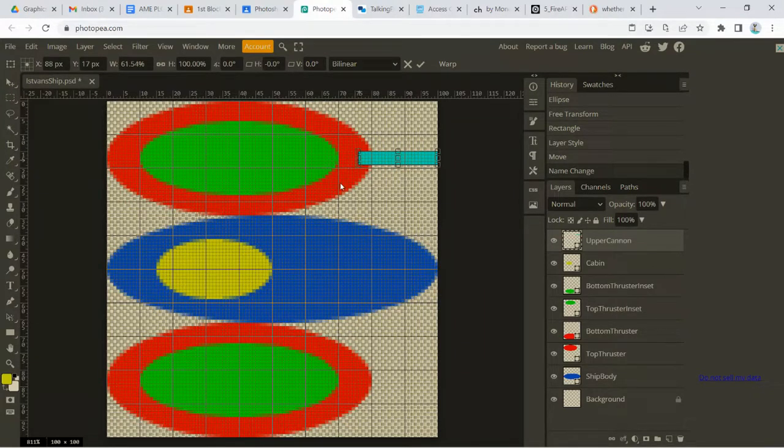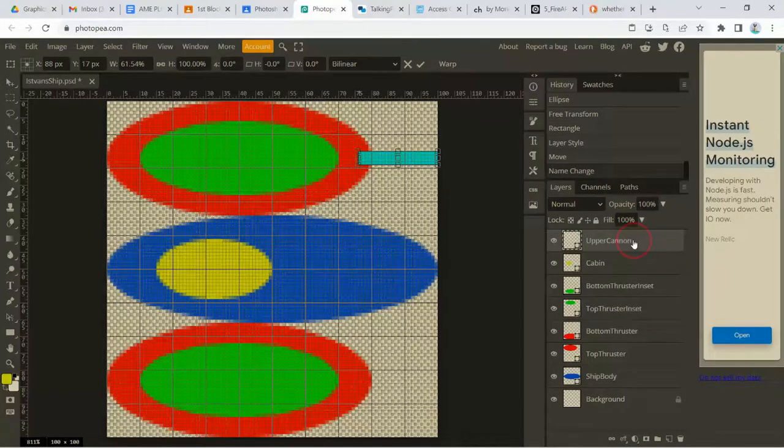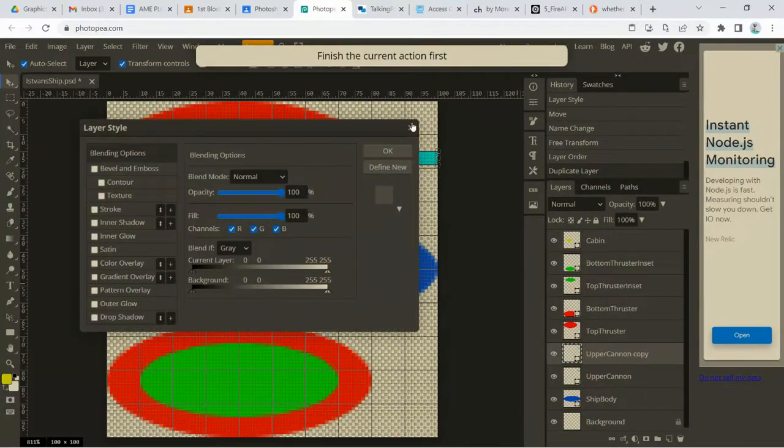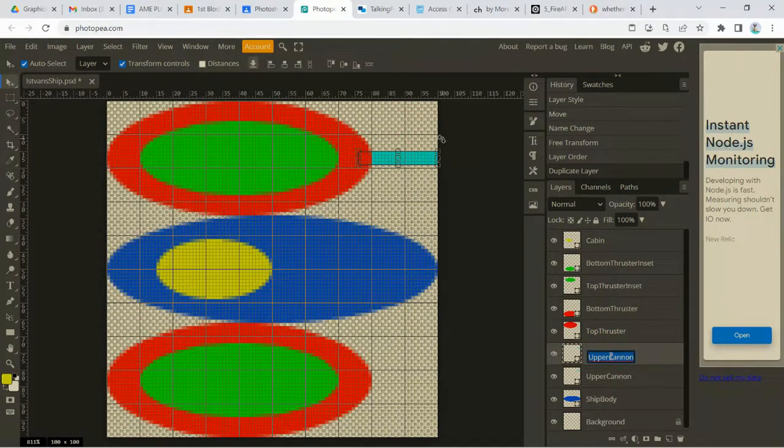But I don't want it to be coming out of the top. I want it to appear from the background. So if I click that layer, hold the mouse button down and drag it below the top thruster, now it's underneath the top thruster. And I'm going to go ahead and duplicate my upper cannon. Oops. And call it my